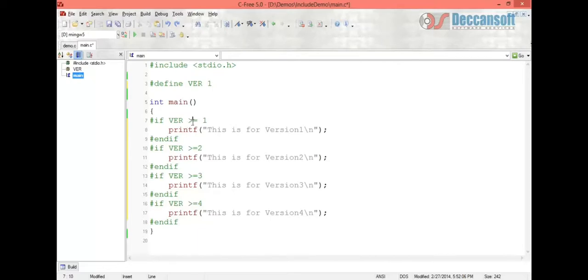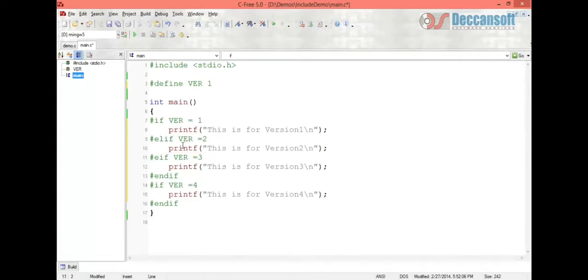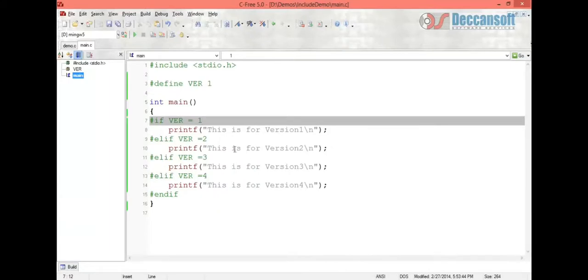We'll make some certain changes. As in #if, we'll replace it with #elif. Now let's see how it works.